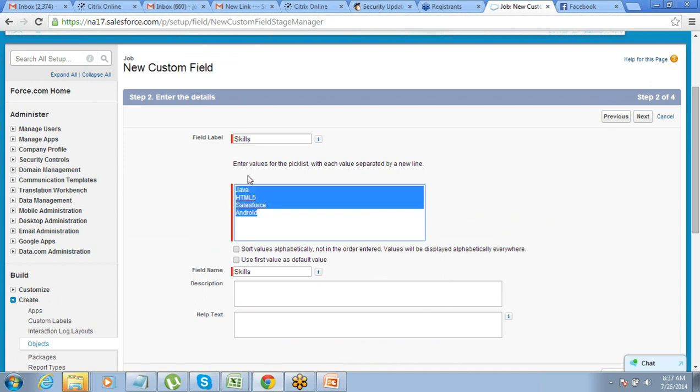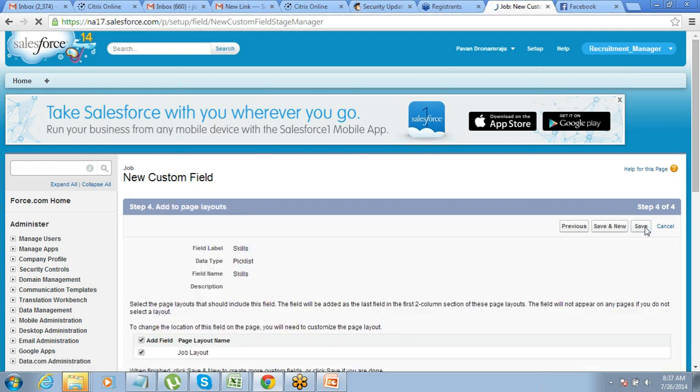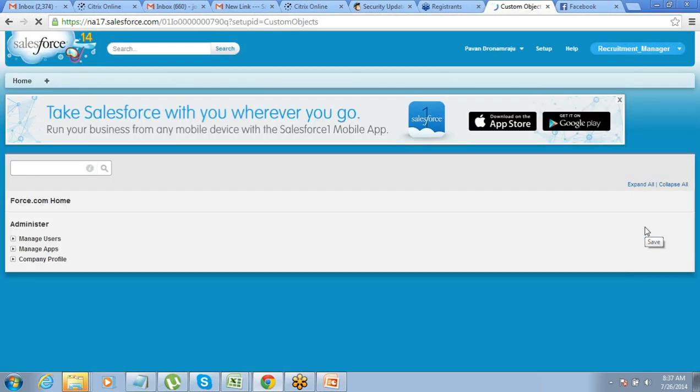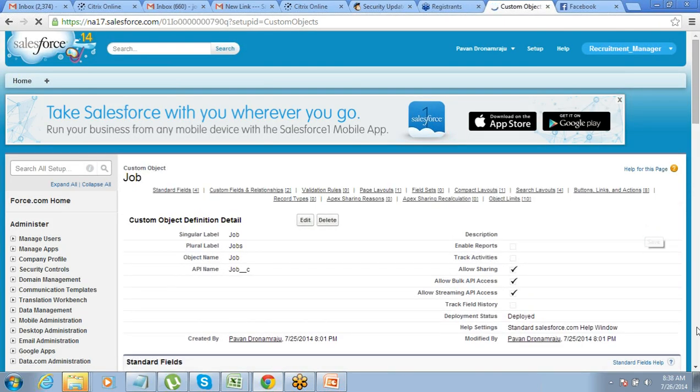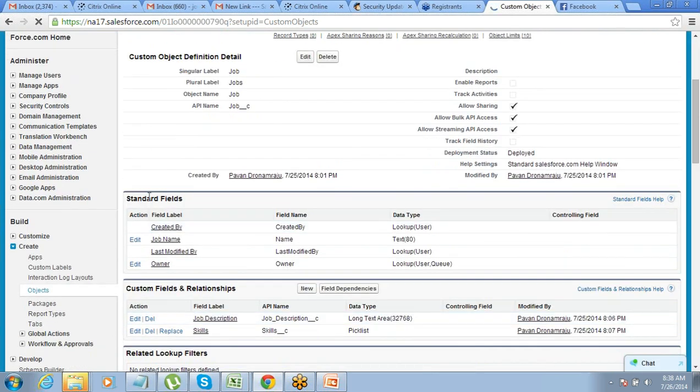These are the values that you want in the drop down. Click on next. Make it visible for the entire thing. Just click on visible for now. Click on next. Go ahead and save it. So we have created this object and we have created 2 custom fields. 4 standard fields were automatically created by Salesforce. So these 6 fields are there. So this object now has 6 columns.